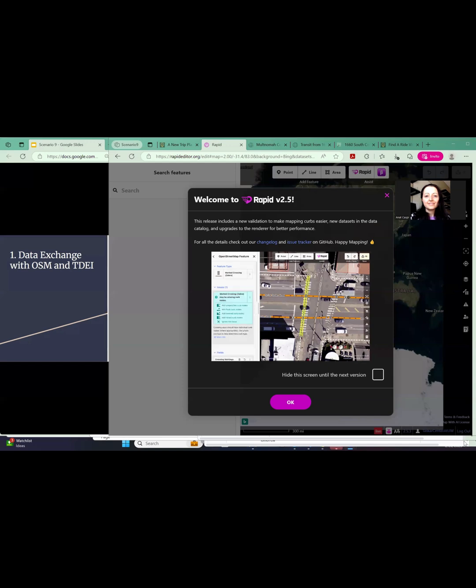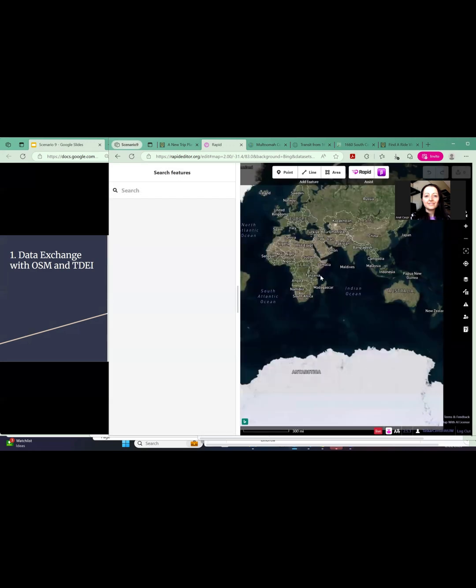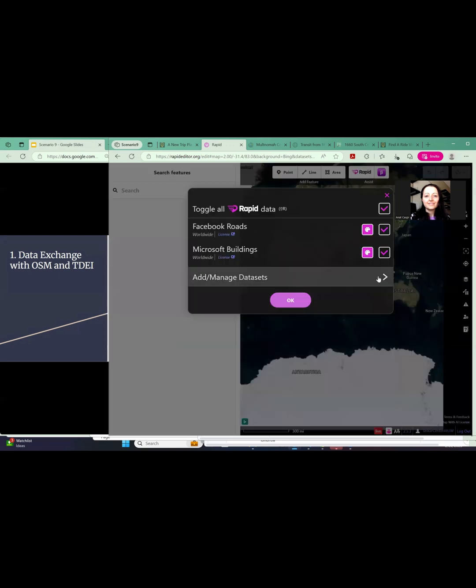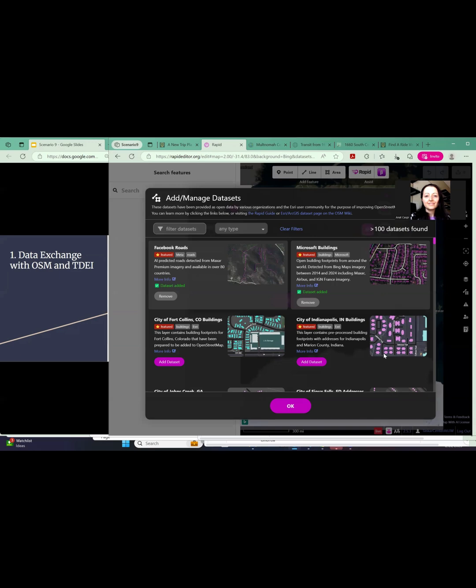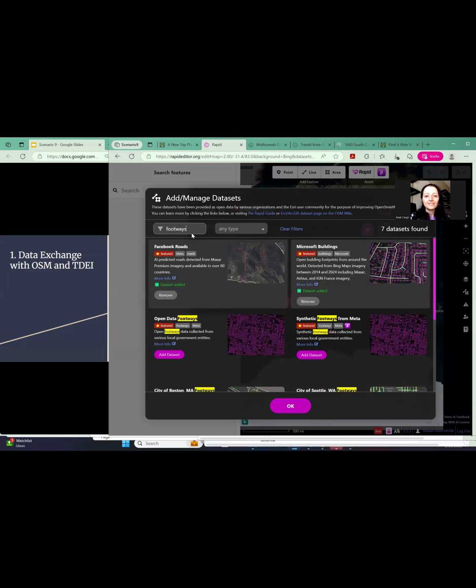All right, I will go ahead and demonstrate how when I log into Rapid version 2.5, I can look for the data sets that are available to me from which to grab and assess data as an OSM mapper. And if I look for footways,